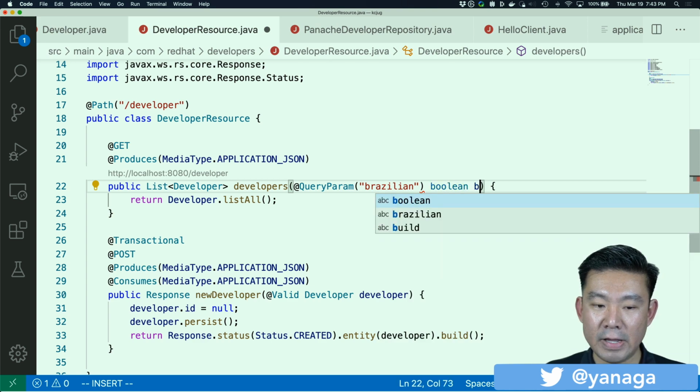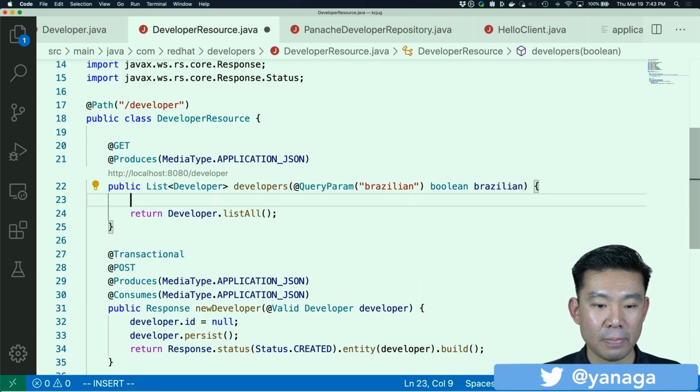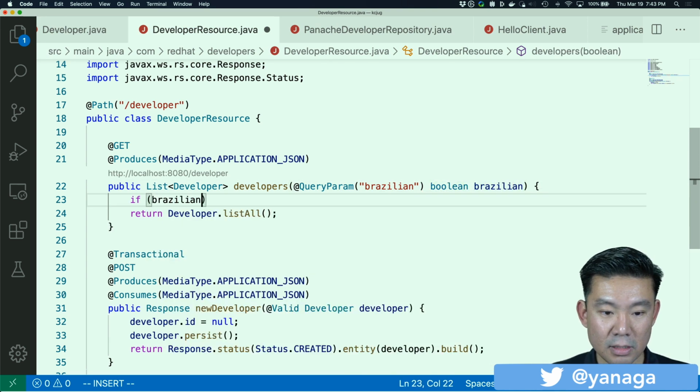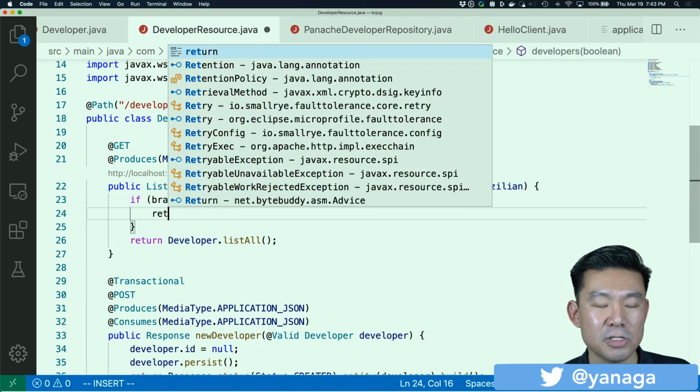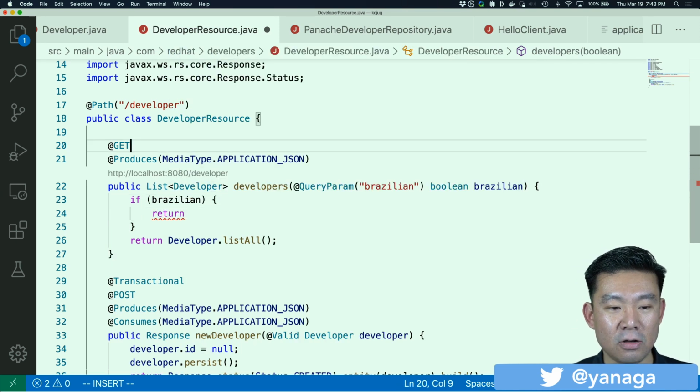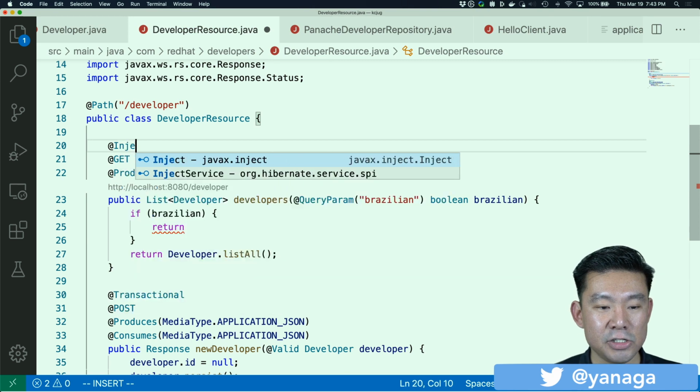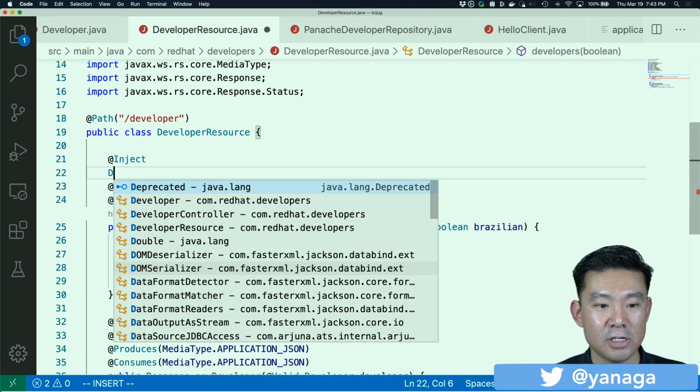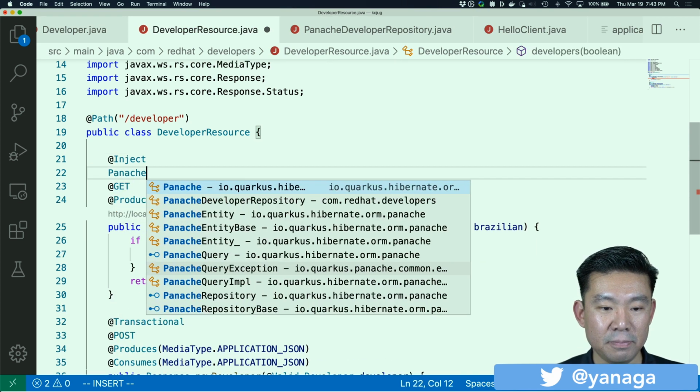So if I add this parameter brazilian, it should be returning Brazilian developers, and I suppose I'm the only Brazilian here. So here I have CDI working too, with @Inject, I have the Panache developer repository.